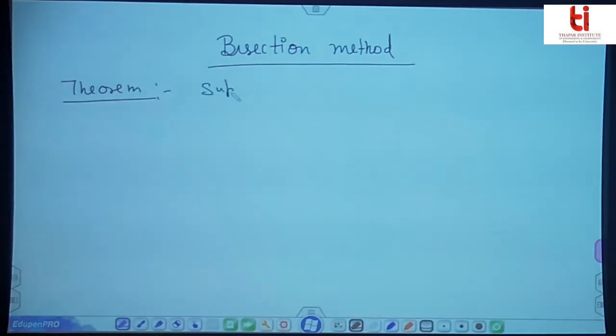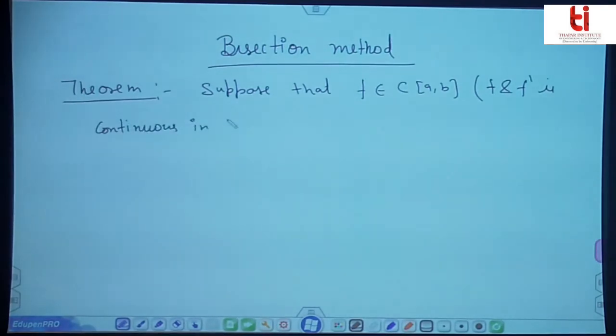Suppose that f belongs to C[a,b]. What does it mean? It means f and f dash are continuous in the interval [a,b]. Okay, f belonging to C[a,b],